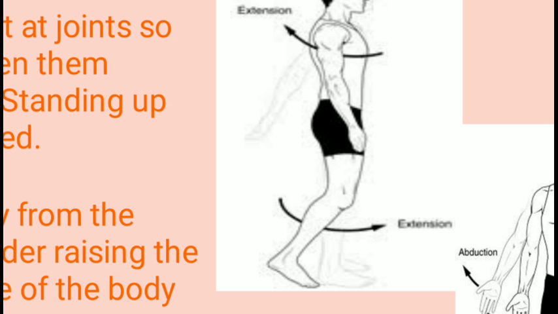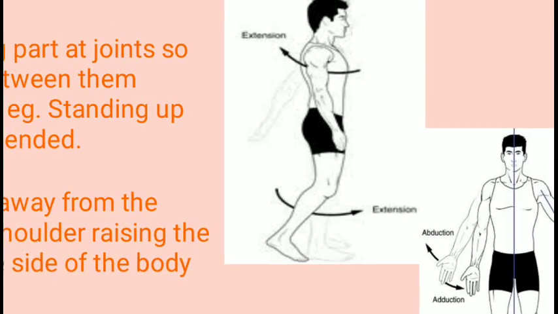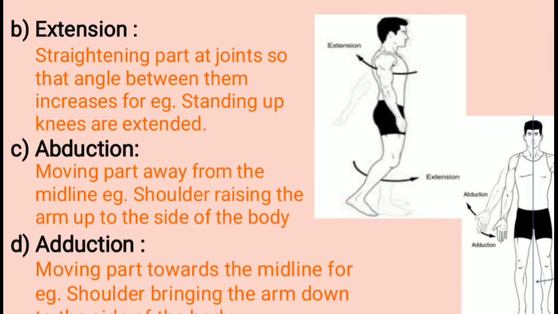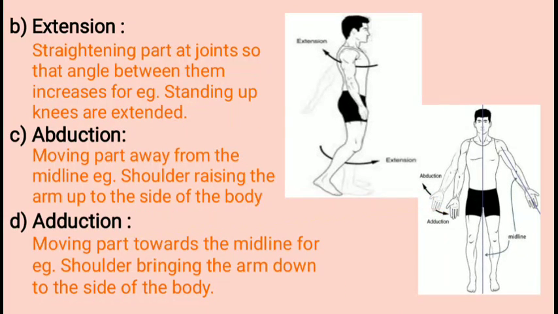In the previous one, the flexion, the leg was behind having a 90 degree angle, and here it is going backward to the normal position. Again it is considered an extension. The same way the hands also coming back to the normal position, it becomes an extension. And when the hand is stretched too much behind, that is considered hyperextension. Hyperextension means more than the extension. So I hope with the help of the picture it is clear what extension means. Then we have another type of angular movement, that is abduction.